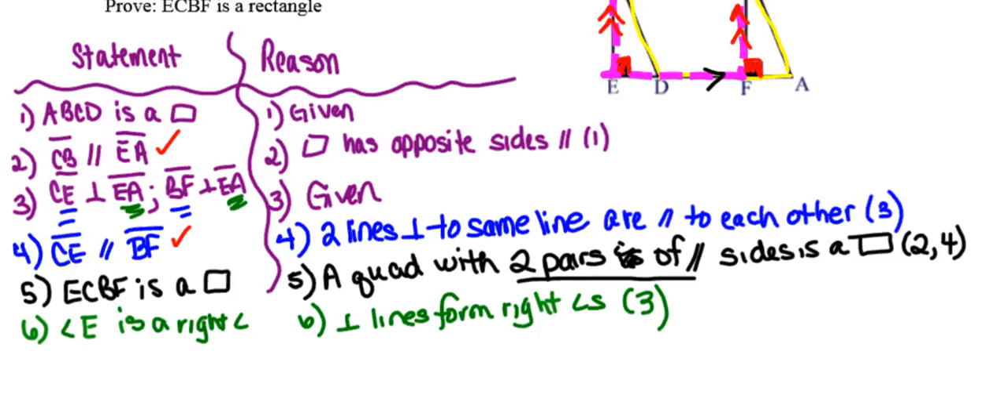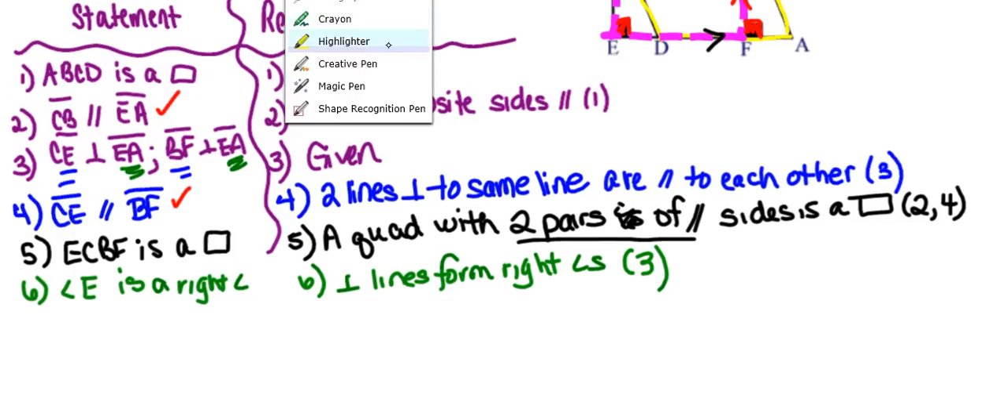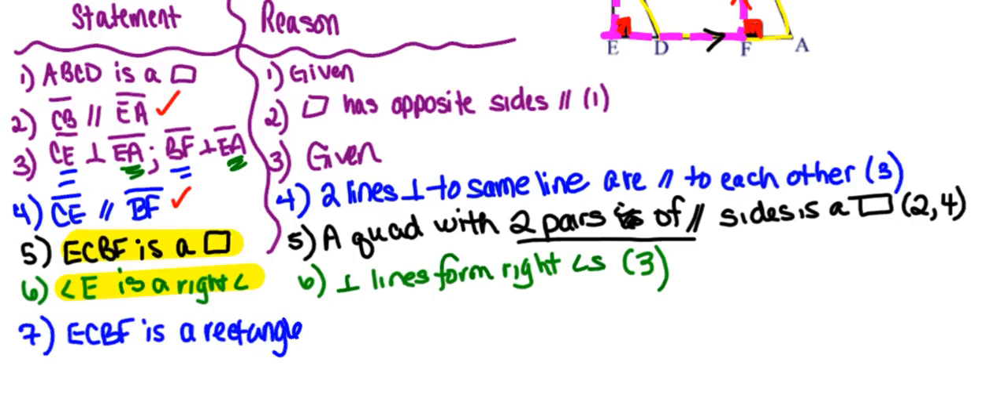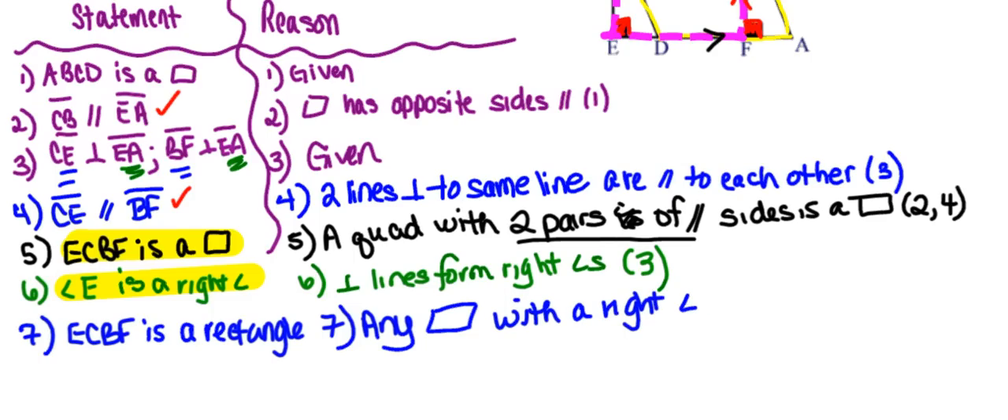So now in statement 3, I've got my quadrilateral being a parallelogram. Sorry, in statement 5, I have my quadrilateral being a parallelogram. In statement 6, I have that parallelogram containing a right angle. Now I'm all set to go ahead and conclude that quadrilateral ECBF has to be a rectangle. And that's because any, and I'm going to be careful in my wording here, any parallelogram, note it says that it doesn't say any quadrilateral, any parallelogram with a right angle is a